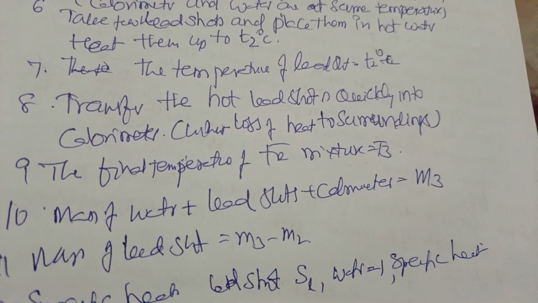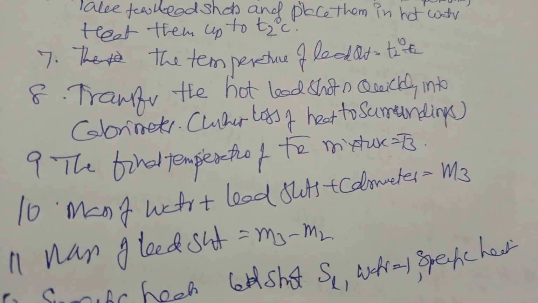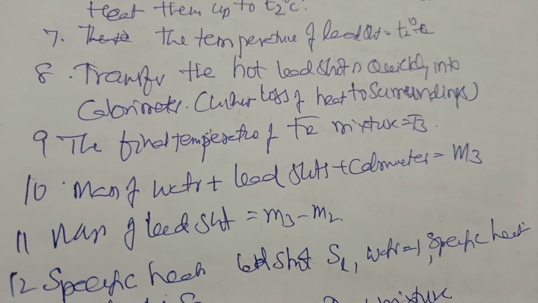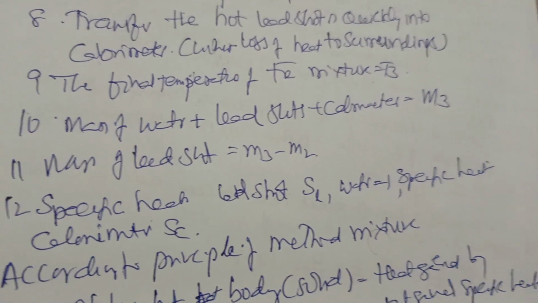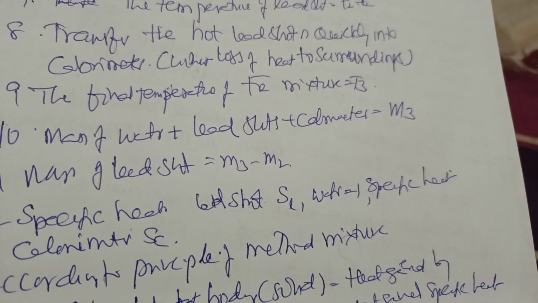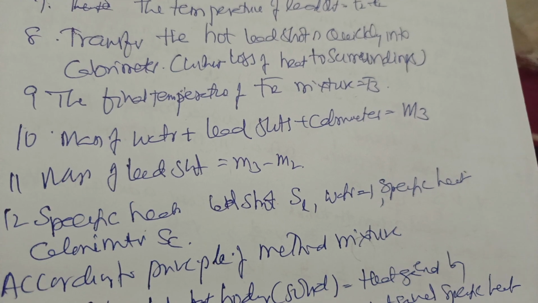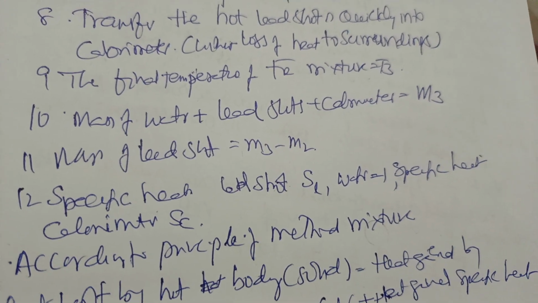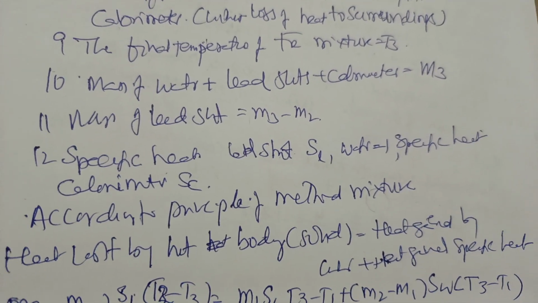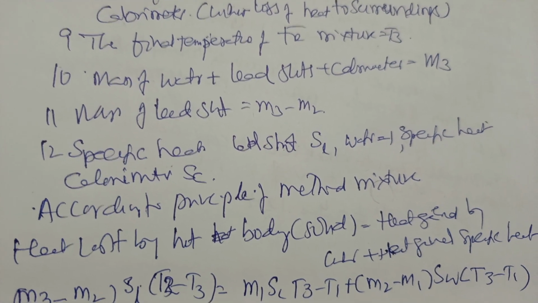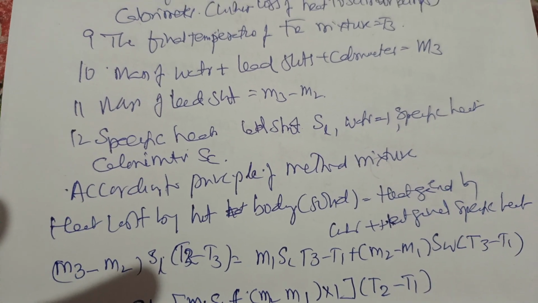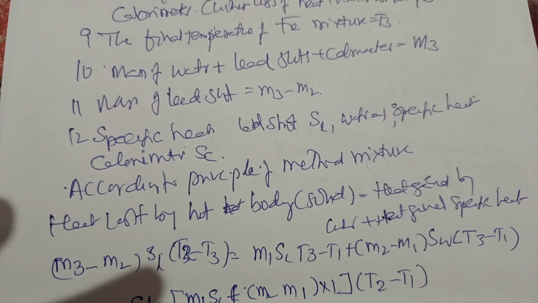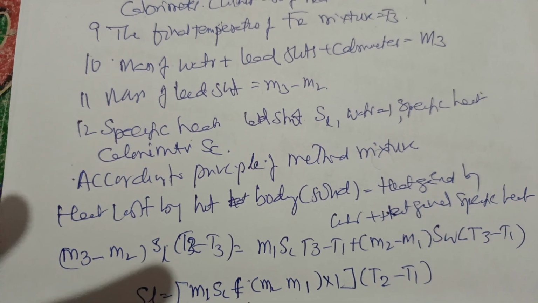Mass of the water plus lead shots plus calorimeter is M3. Mass of the lead shots is equal to M3 minus M2. Specific heat of the lead shots is SL, specific heat of water is 1, and specific heat of the calorimeter is SC. Then according to the principle of the method of mixtures, the heat lost by the hot body, that is the lead shots, is equal to the heat gained by the water and the calorimeter, which is the total heat gained by